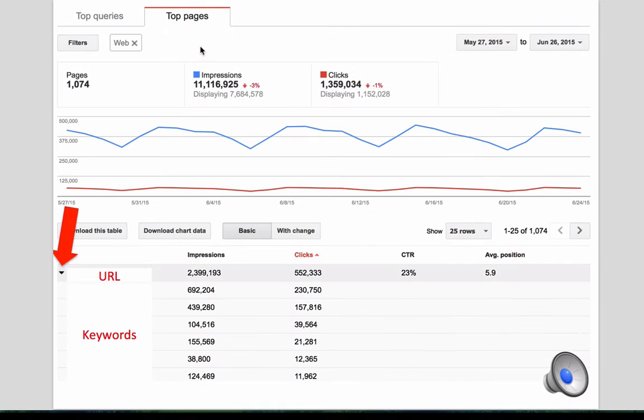Okay, third step. The next thing is you get a list of URLs. Just to orient you, if this is one of the few times that you've been logged in recently, you'll see a URL at the top, and then you'll see a list of keywords when you hit that drop-down arrow button. Otherwise you'll just see a full list of URLs. So hit the drop-down arrow, and you should see a URL and then a list